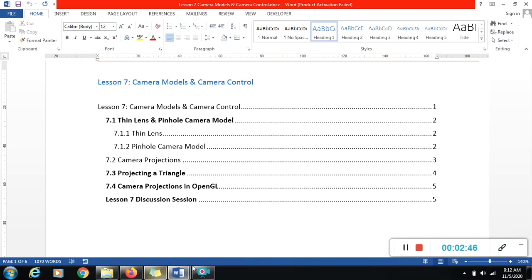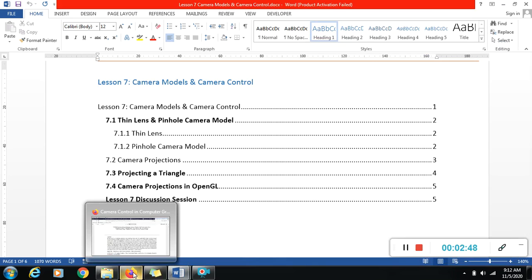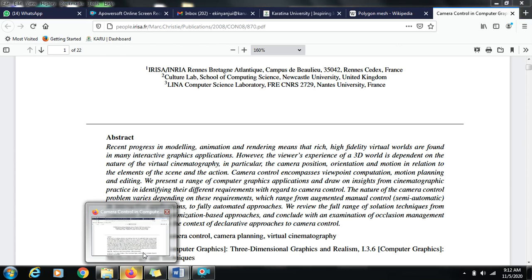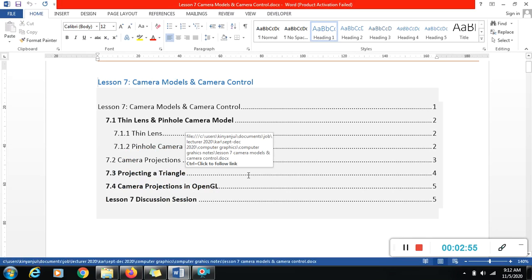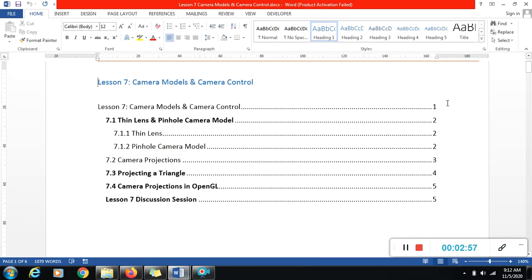Camera models and camera control, and for us to avoid the confusion that will come in, because of course when you hear about cameras, our first thought is about the cameras that we have on our mobile phones, the cameras that we buy as separate units and make use of them to take photos, the ones which are used in the media. I want us to shift from that thinking now. It's true those are cameras. We are talking of cameras of a similar nature.